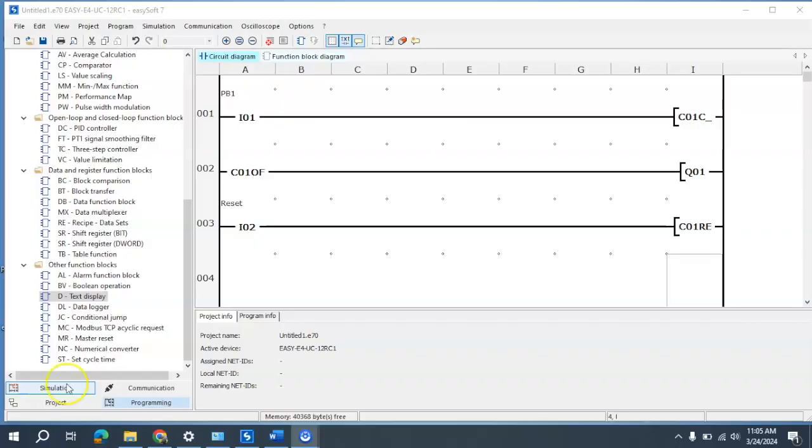In this video, I want to talk about how to use the text display function in EasySoft 7. What this does is it turns the screen of your Eaton E4 Pico PLC into an HMI, and it will display information that you want conveyed to the operator. So I have a very simple counter circuit here, and I want to display what the count is actually up to. So what I'm going to do is